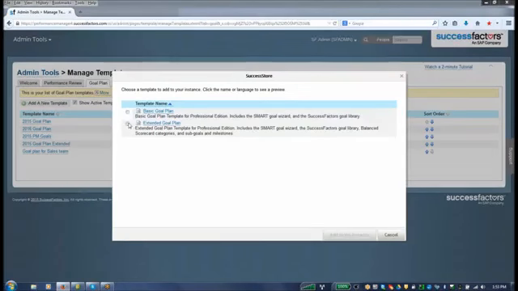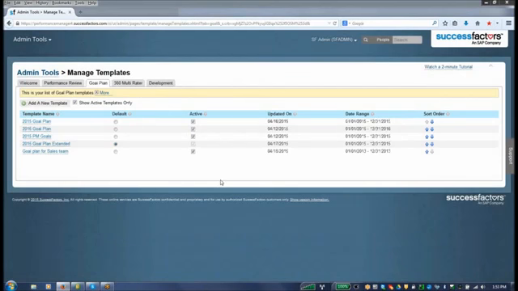You can do either. The extended goal template has a goal library and also has the balanced scorecard categories. The basic one does not have any balanced scorecard categories, and it does come with a smart goal wizard. So I already created a new template. I'm going to go into the 2015 goal template,